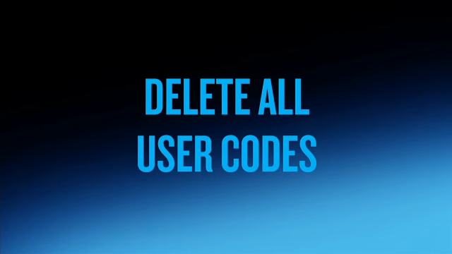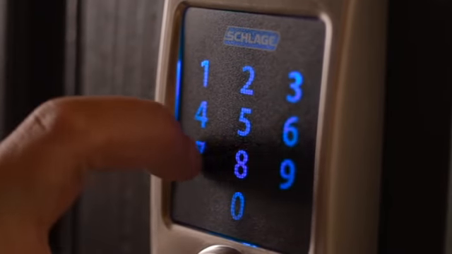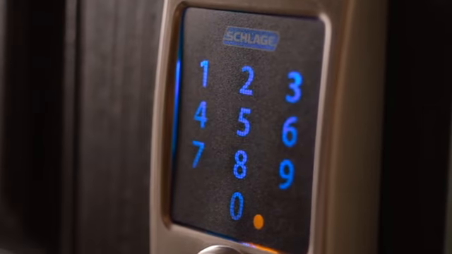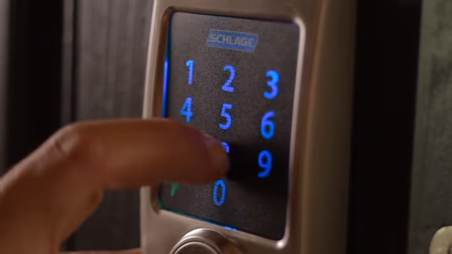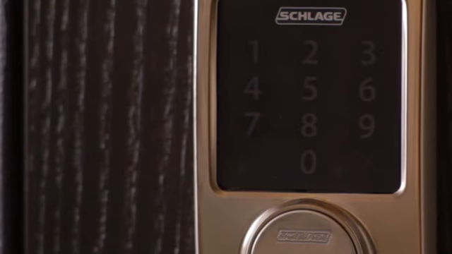code. You can also delete all user codes at once by pressing the Schlage outside button, entering your 6-digit programming code, pressing the number 6, and then re-entering the 6-digit programming code. Again, 2 blinks and beeps of either the green check or the red X will tell you whether that programming